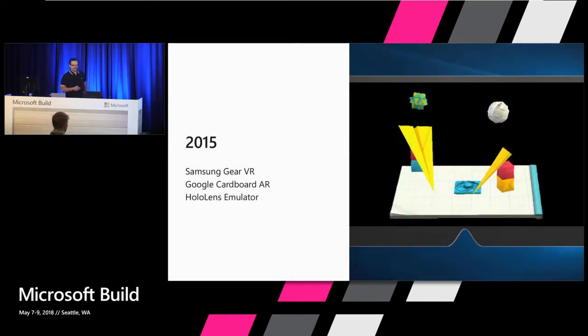So we started in 2015. We all saw the announcement, or probably most of you saw the announcement at Build 2015 with the HoloLens. We were all excited. A couple of us got the opportunity to actually try it out in the Holographic Academy. And so that was cool, but we didn't have the device available. So we used some other devices like the Gear VR or the Google Cardboard. And especially the Cardboard, you can just insert your phone and you have the cutout for the camera. So we could actually run some AR frameworks on top, like Vuforia. So we could already experiment with the user experience and could try out some things, but also make ourselves familiar with the Unity development environment, because this is what is mainly being used for mixed reality.